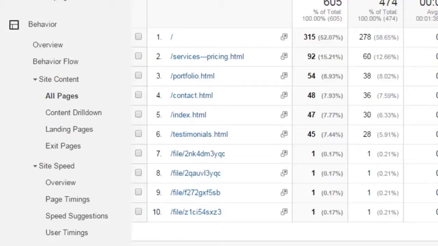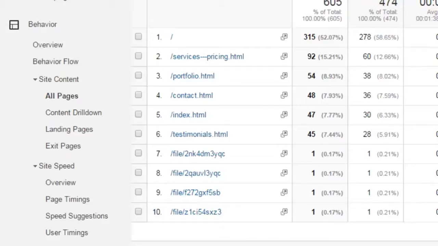So those are the 2 pages that the customer wanted me to focus on, which works out. Those are the 2 pages that are the most popular on his website, so that is where we should start focusing all of our efforts, because that is what people want to see. But in addition to what are your most popular pages, you also want to know which pages are your top